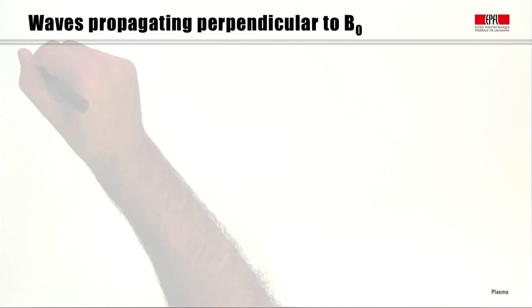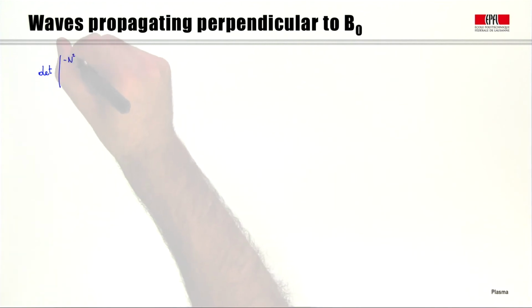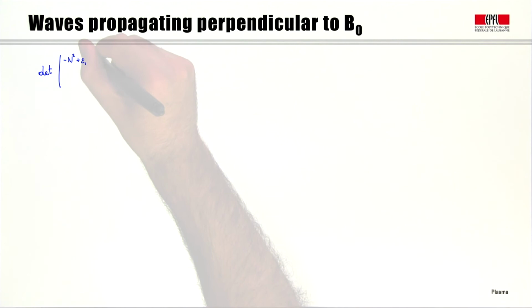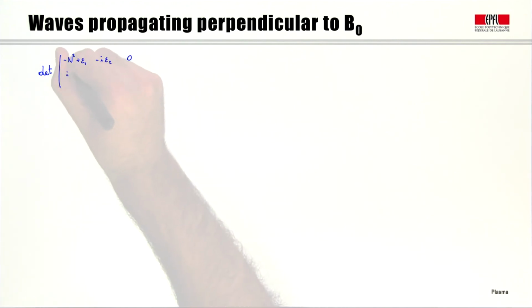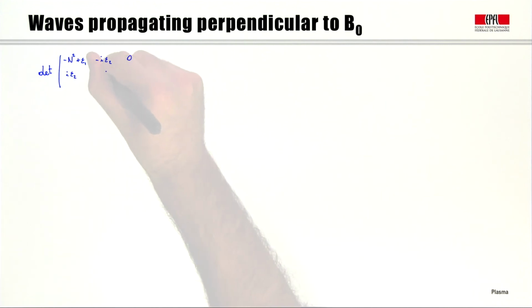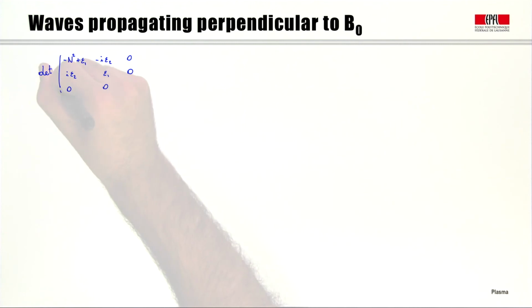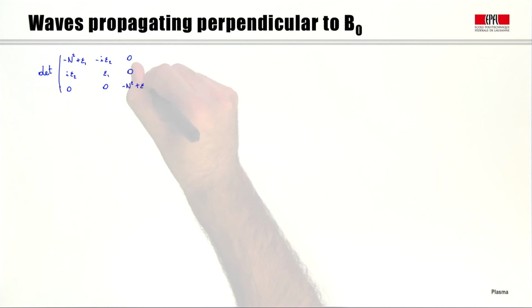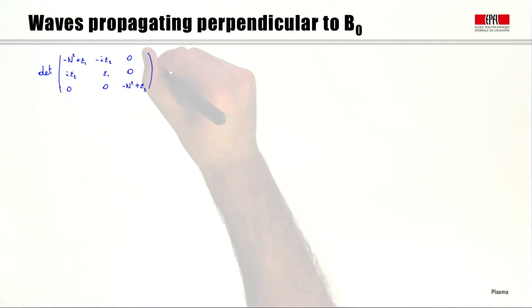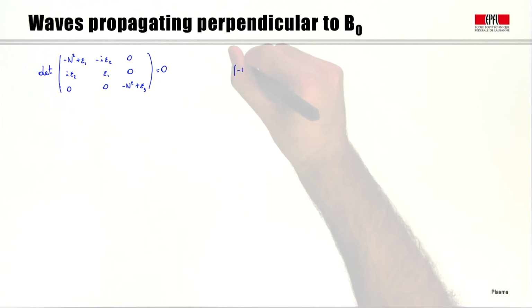For waves propagating perpendicular to the magnetic field, theta is equal to pi over 2, and what we have to evaluate is the determinant of a matrix that is [-n^2 + epsilon_1, i epsilon_2, 0; -i epsilon_2, -n^2 + epsilon_1, 0; 0, 0, -n^2 + epsilon_3] equal to 0,